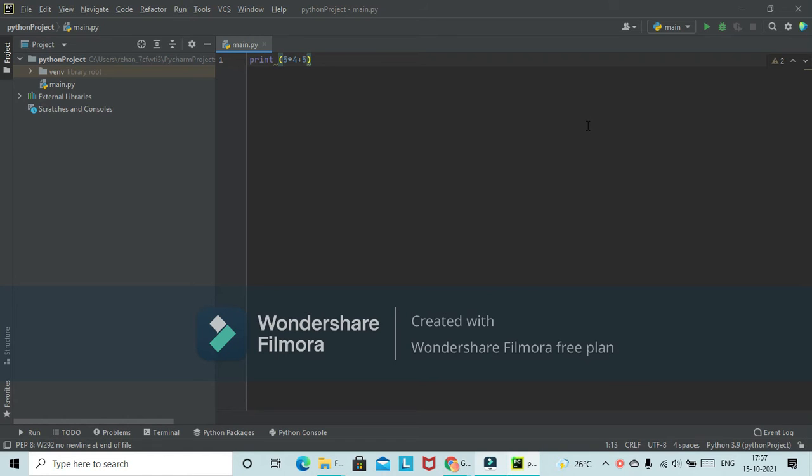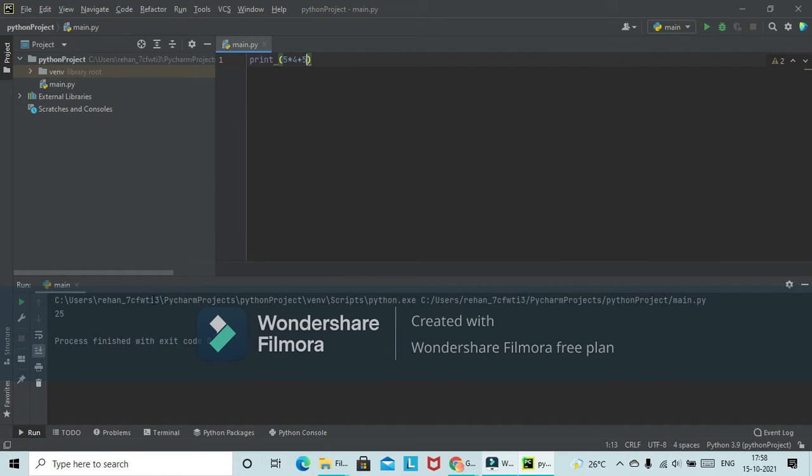For example, if I say 5 times 4 plus 5, what Python is going to do is multiply 5 and 4 together, so it's going to be 20, and plus 5, so we should get about 25. Let me run this program and check the answer. As you can see, the answer is 25.